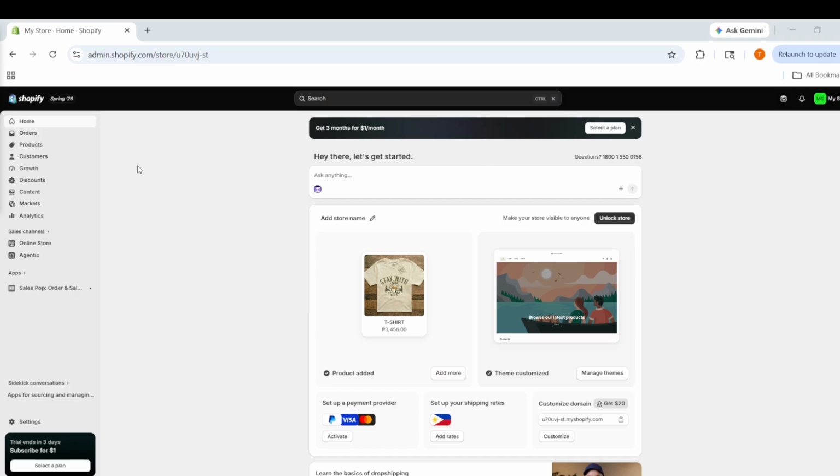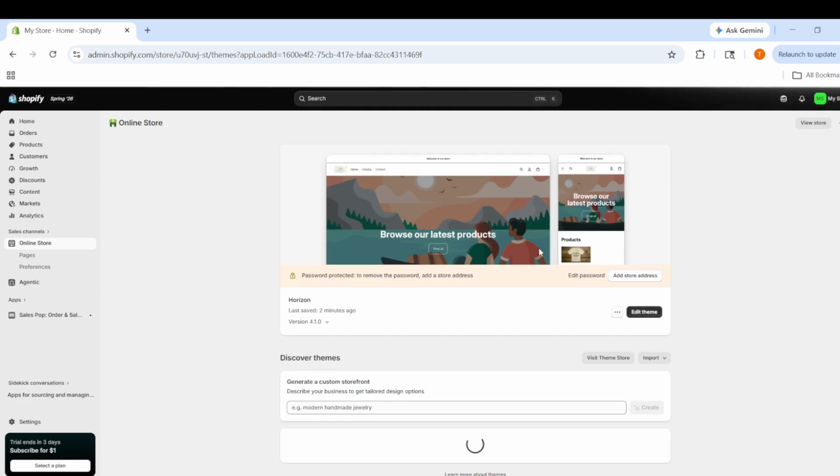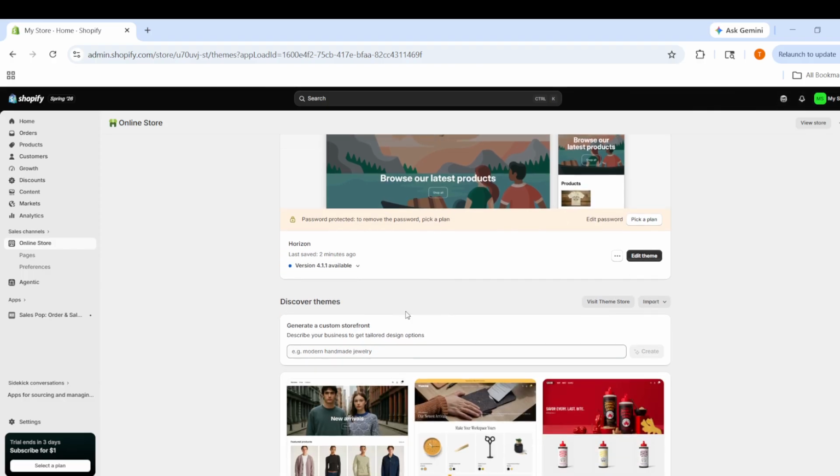is managed. Once you are inside the Shopify admin dashboard, look at the menu on the left side of the screen. Find the option called Online Store, then open it. Under Online Store, click Themes. This page shows the theme that is currently live on your store, along with any other themes you may have saved. The banner you are going to update belongs to the theme design, so this is the correct place to